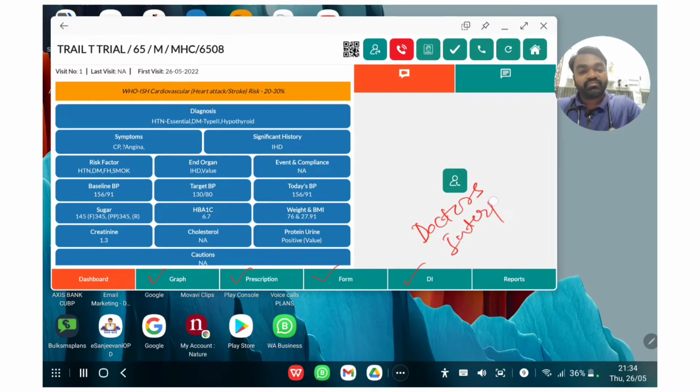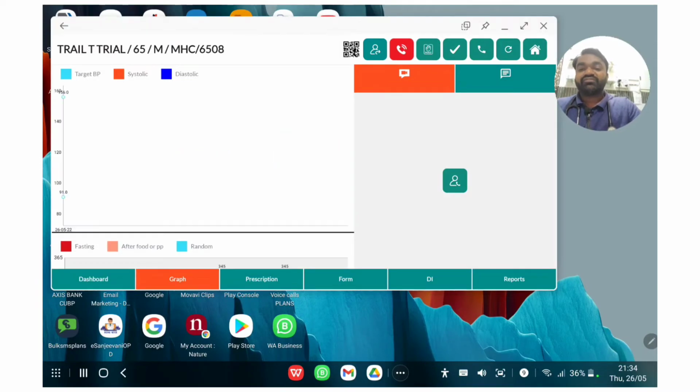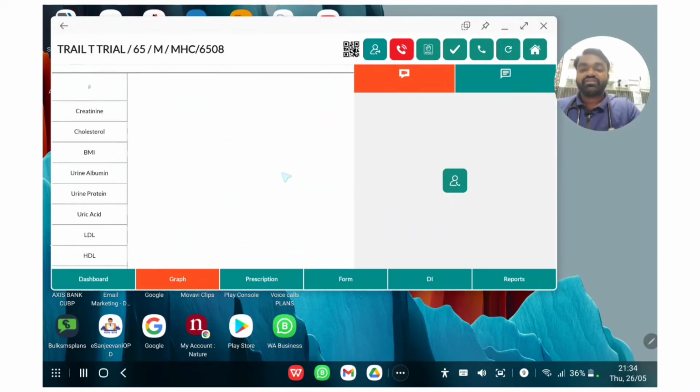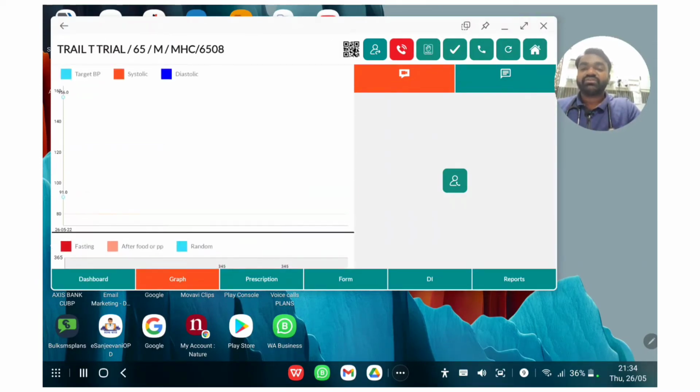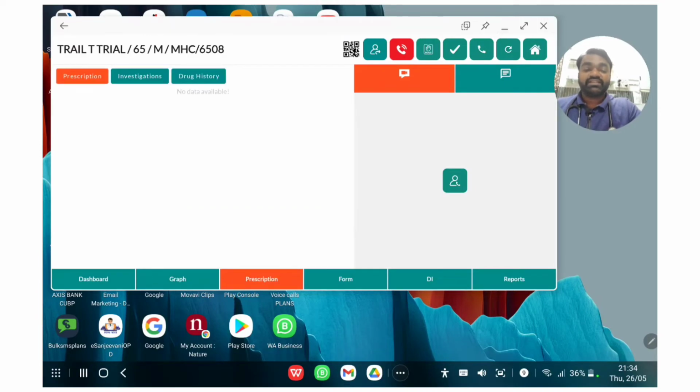So interpretation, doctor's interpretation it is. And then obviously reports. You will get the graphical presentation of the blood sugars and other things, whatever the values have been. There is prescription. I'll be explaining this prescription part briefly in this presentation, and later on thoroughly in